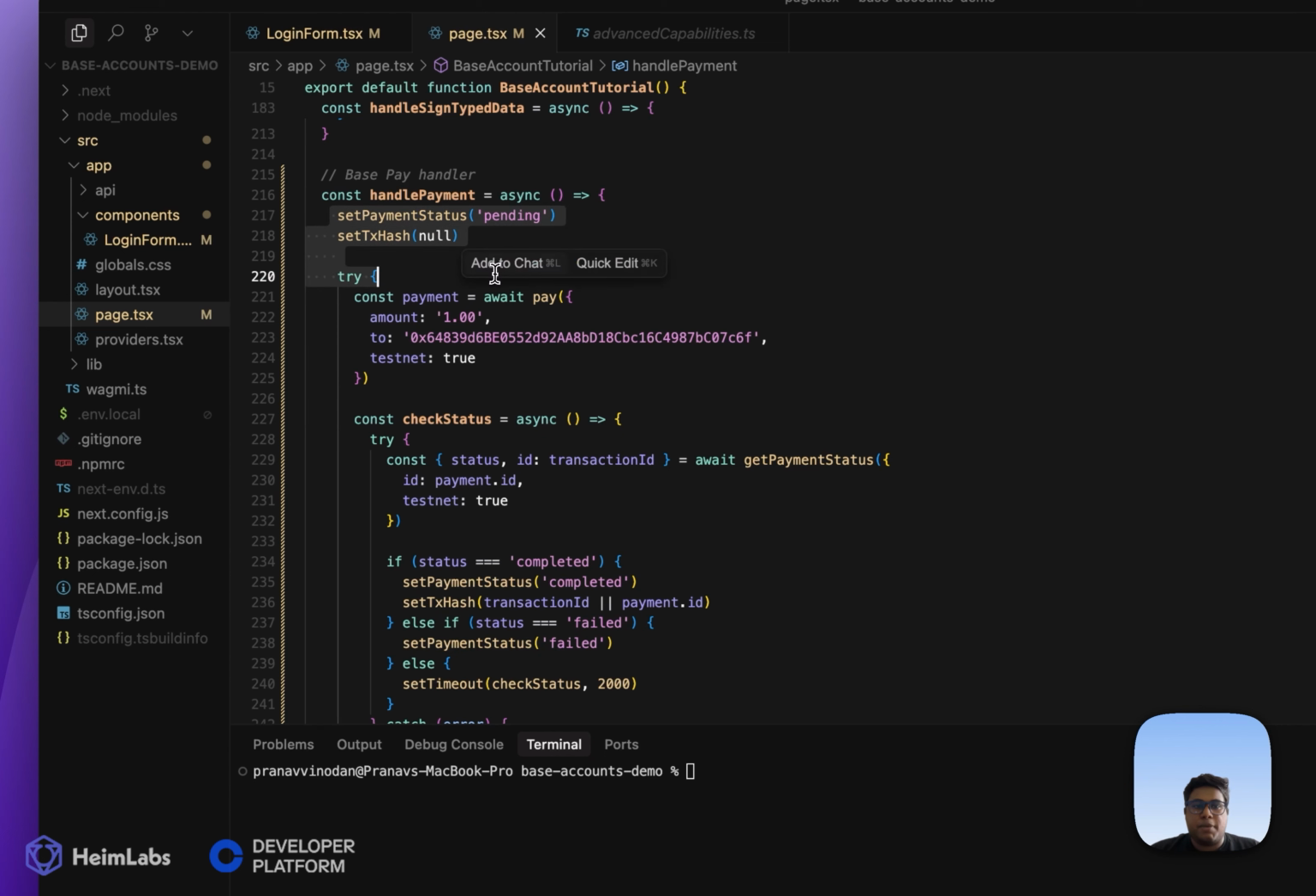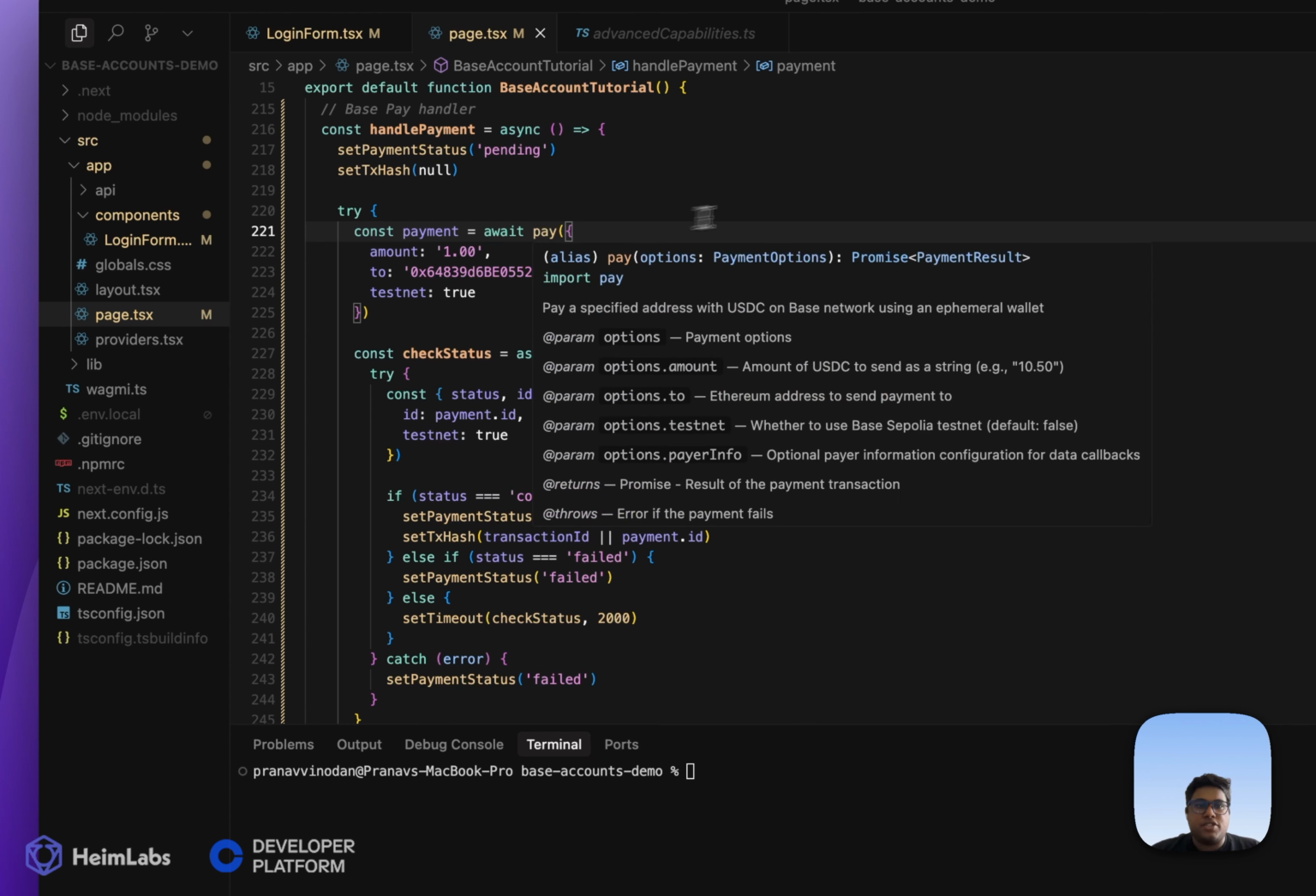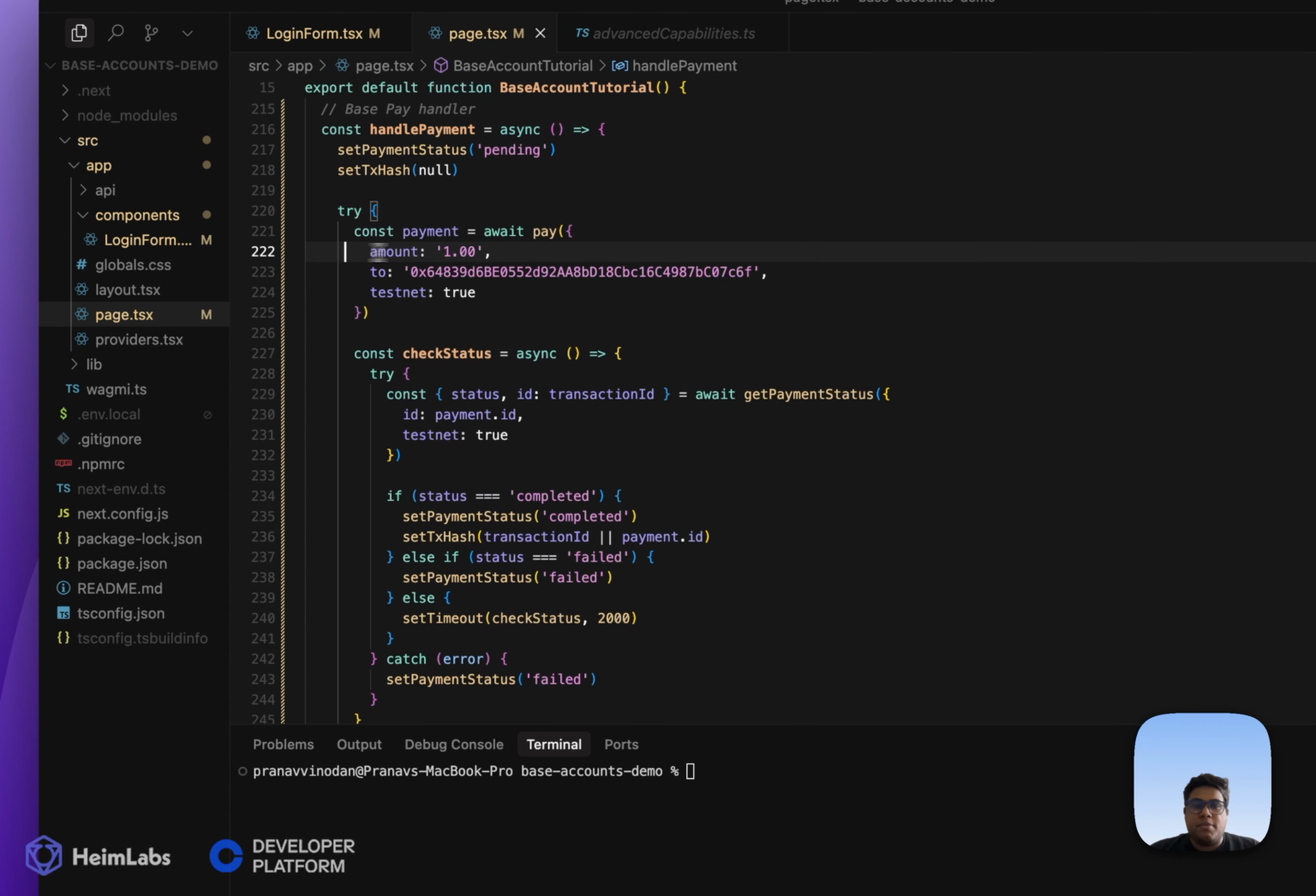So here we first set the payment status and transaction add to pending and null values. And then we have the try block where we first initialize the payment using the pay functionality imported from base org/accounts, and we keep the amount to 1 USDC to the to address, and we keep the testnet to true. So if you want this to work on mainnet, you would have to keep the testnet to false, and then